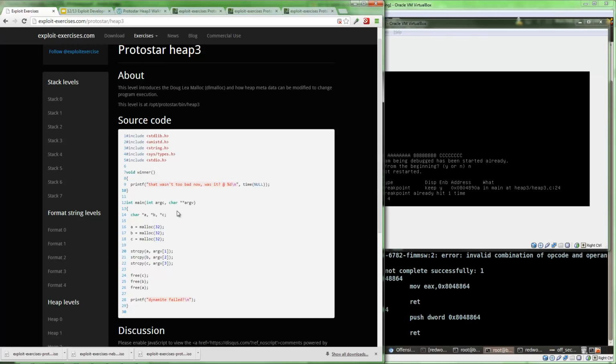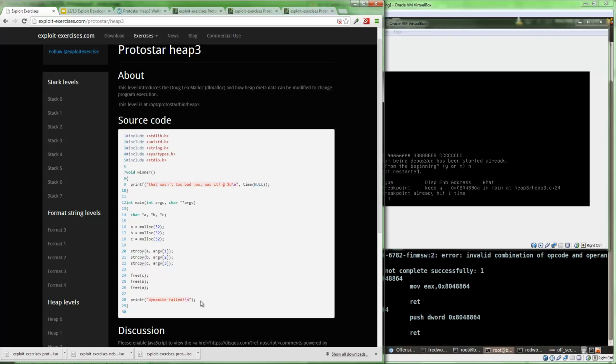There's two functions here. We are lucky enough to have the source. There's a winner function. Obviously, we have to get here somehow. And then there's the main function. And the main function has three basically strings that are being allocated, put on the heap. And obviously, they're strcpy. That's where the vulnerability is, clear as day. And then they are freed in reverse order, which doesn't really affect the exploitability of this. However, there's no direct call to winner, so we're going to have to find some way with this heap vulnerability